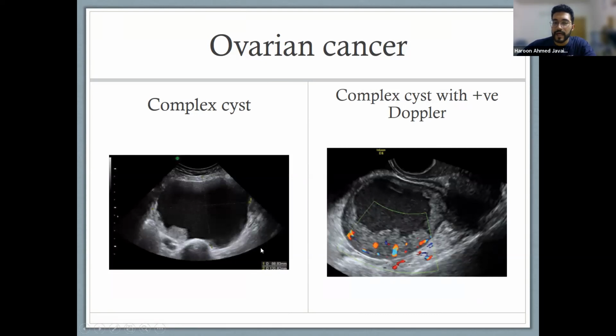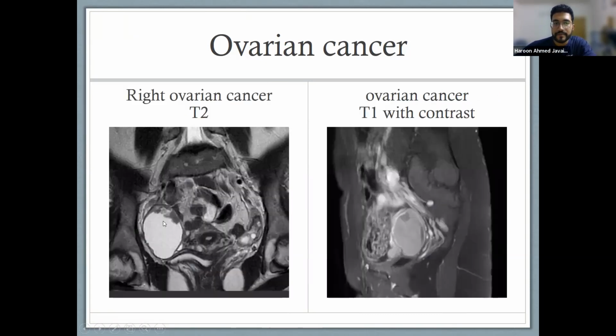Okay, so what happens in ovarian cancers usually is that there's some sort of cancer, and due to that cancer, it causes fluid accumulation in the abdomen, and it can lead to ascites and stuff like this. So again, I think this is most probably they're trying to show you ascites or something like this. But they labeled it complex cyst, so I'm not sure. Okay. Now, either way, whenever you do an ultrasound of the ovaries, you suspect that it's a cancer. What are you going to do? You're going to go for